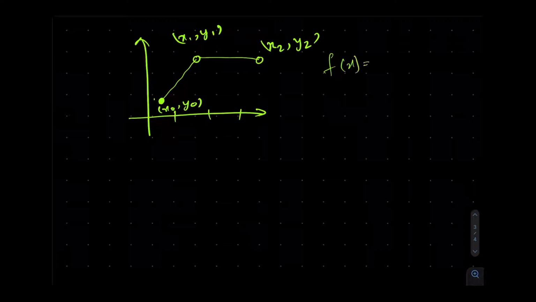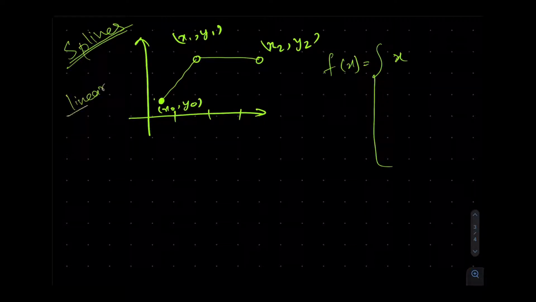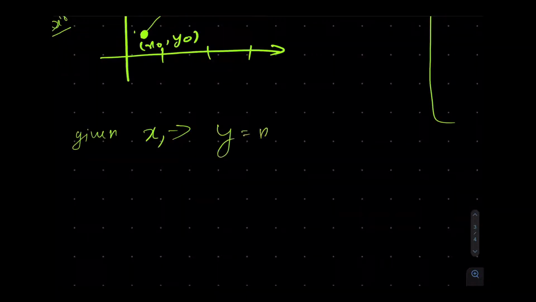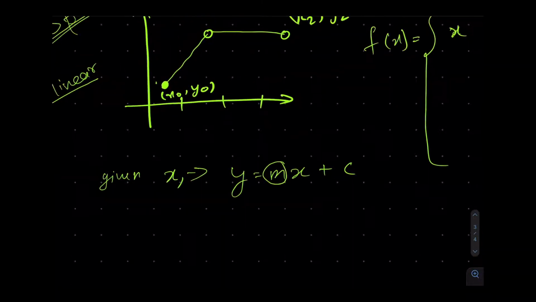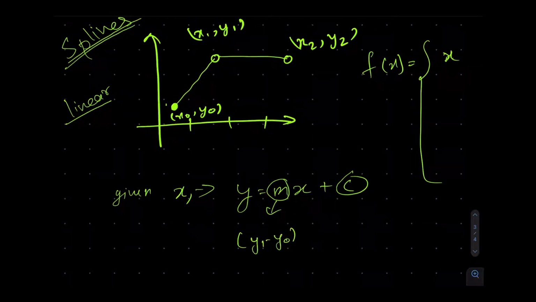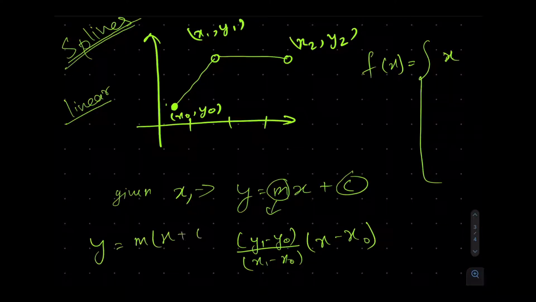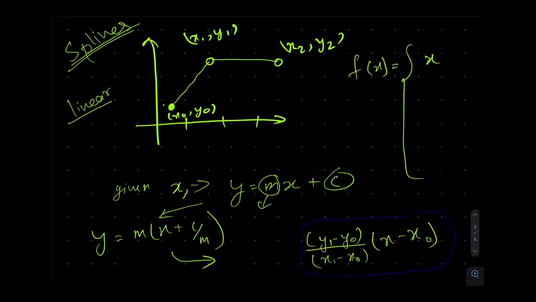We get the equation of line for each piece, and the equation of line given 2 points can be derived using the formula y equals mx plus c, where slope can be again derived by using dy upon dx, and the y-intercept can be found by shifting the points to origin first. That means subtracting x0 from x and y0 from y,